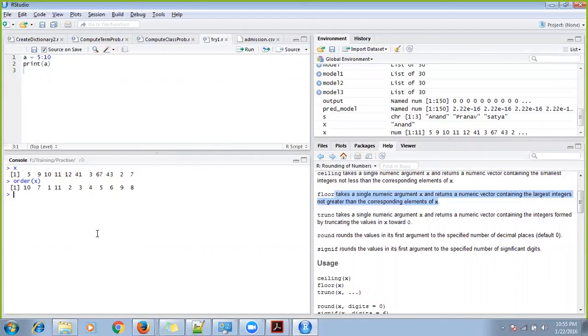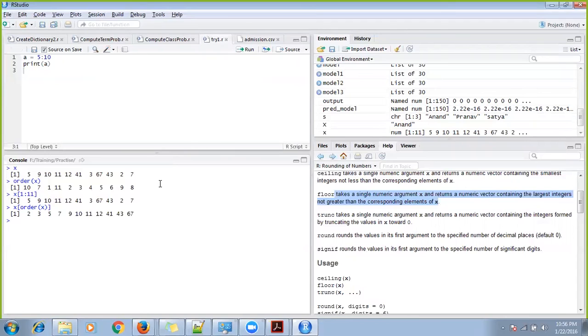To show you that, let me do this for you. Inside x, if I write a subscript 1 to 11, I know there are 11 numbers, I get the same numbers, right? Instead of that, I'm going to write order of x. That means I'm passing this order, and I'll see if this gives me the same as the sort result. See, this is sorting my numbers. So that is the meaning of sort, and that is the meaning of order.